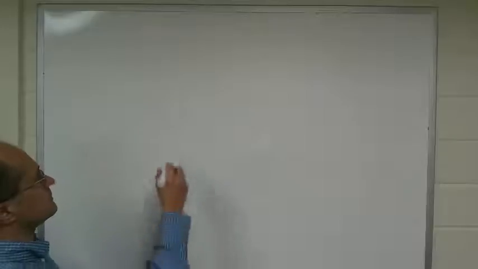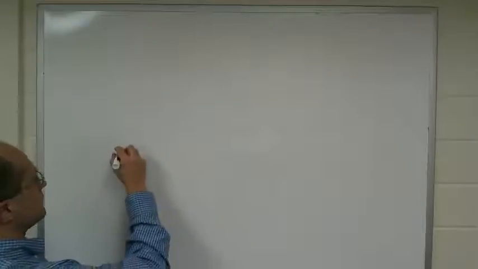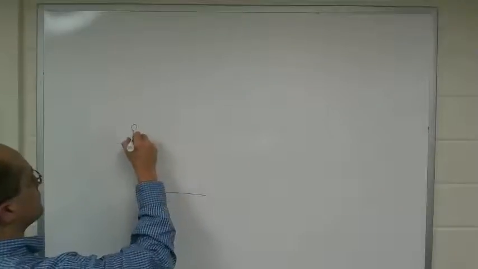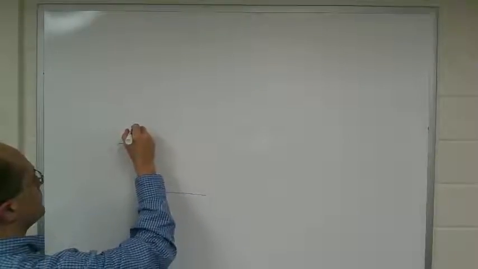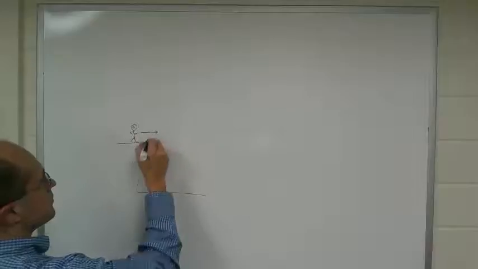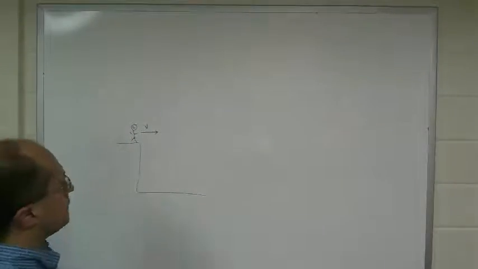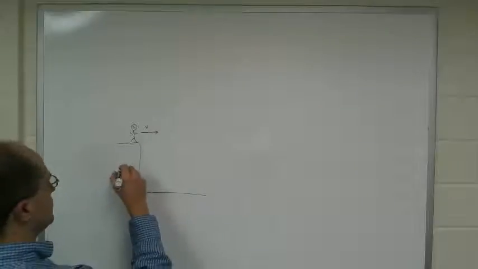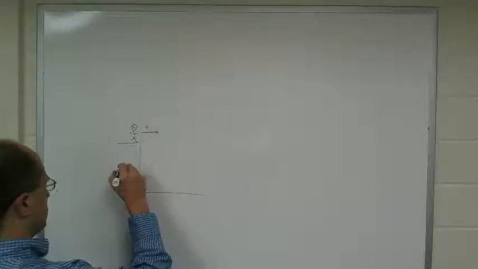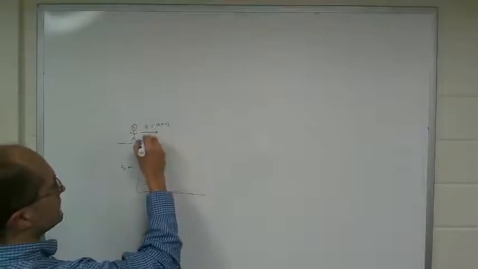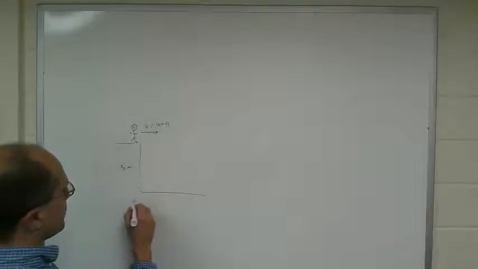Alright, let's try to look at how an object orbits. So the best way to think about orbiting is to start by thinking about someone throwing something straight off a cliff. So they horizontally launch something off a cliff of height, let's say 5 meters. What would happen? Well, we know the time that we have is the free fall time. So our time in the air